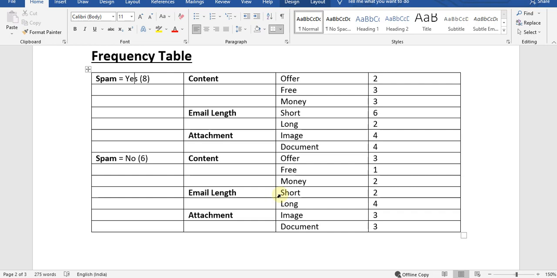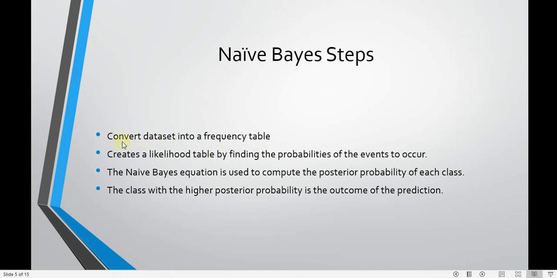When I have found all these counts for all the feature values given the specific target value, this table is known as the frequency table. So I have completed the first step in the process, where I need to convert the data set into a frequency table. The next step is that I have to create a likelihood table by finding the probabilities of